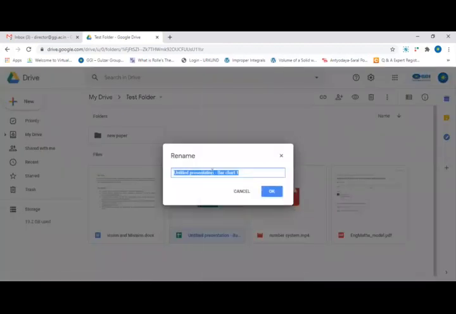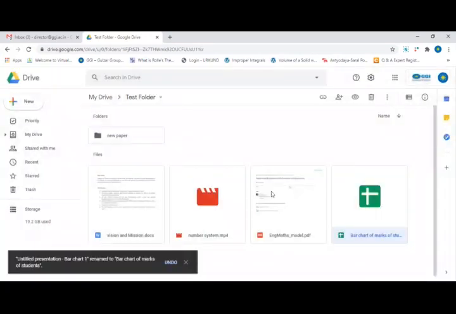I can name it. Now let's suppose it is bar chart 1, bar chart of marks of students.